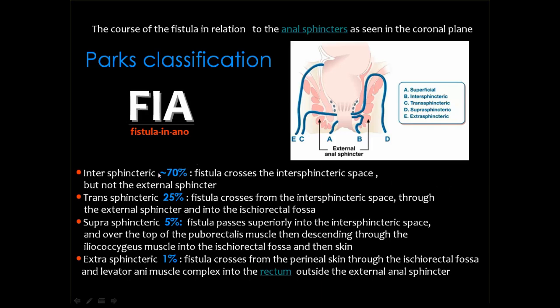The most common one is the fistula going between the sphincters, between the internal sphincter and the external sphincter, and this is what is known as intersphincteric, which is the most common, about 70% of the fistulae. Then the transsphincteric, which is less common, and this is the fistula which goes across the internal and the external sphincter